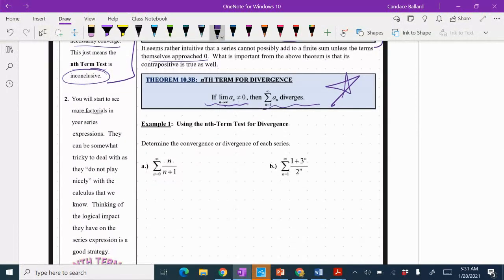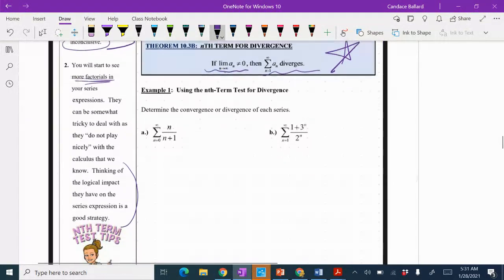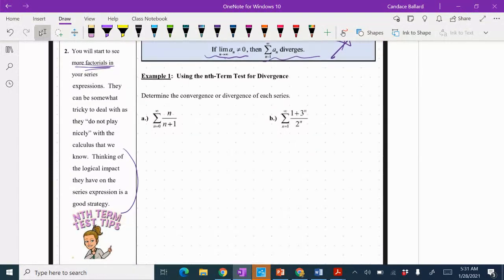We're also going to start seeing some more factorials. They're a little bit trickier to deal with because they don't play super nicely with calculus. And we'll see one here on what the expansion of a factorial does to our series. So determine the convergence or divergence of each series, and really we're only going to be able to tell